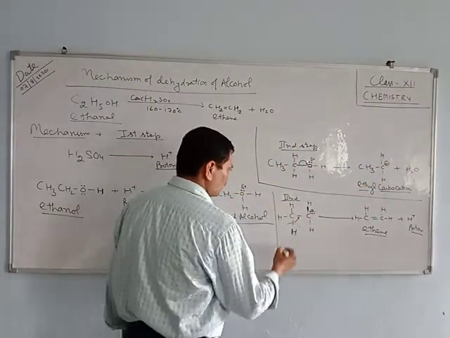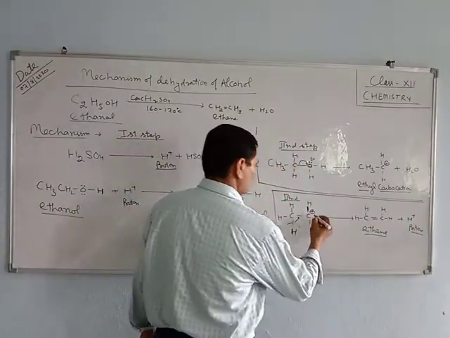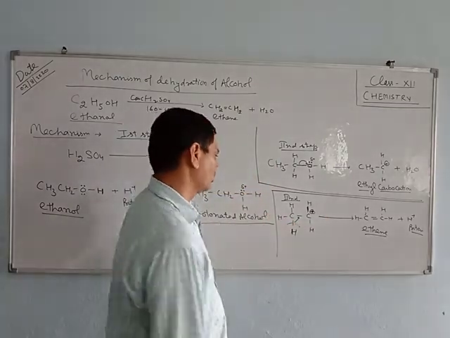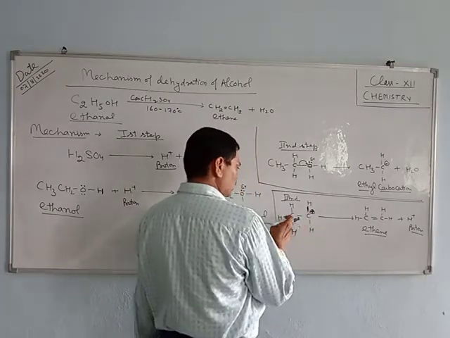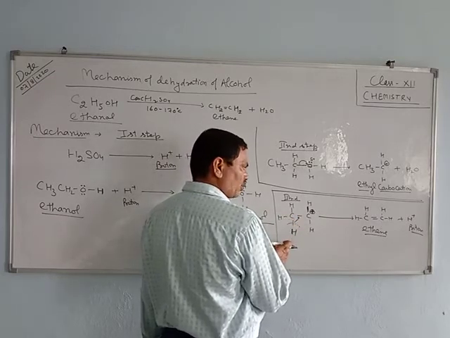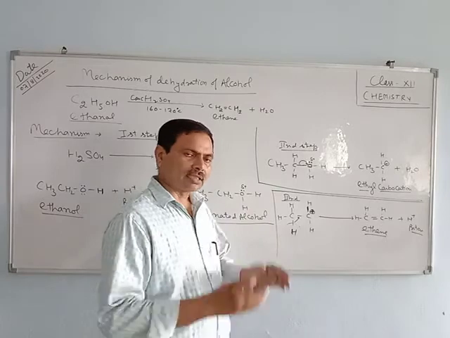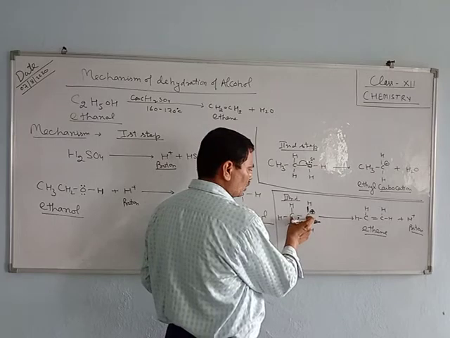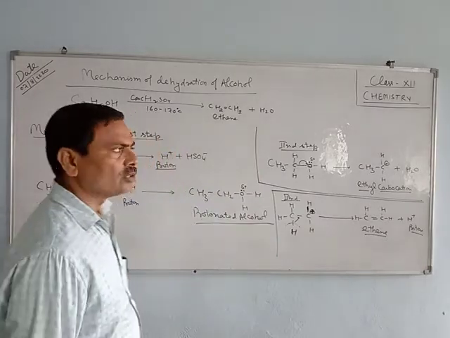And this is the third step. What will happen? This is an ethyl carbocation. It is very reactive because these are ions. This is a positive carbon atom, and this is the nearest carbon hydrogen bond. This bond is broken, and the shared pair of electrons between the carbon and hydrogen is distributed between these two carbon atoms to form the alkene, that is ethene, and the proton is liberated, which is used for further reaction.